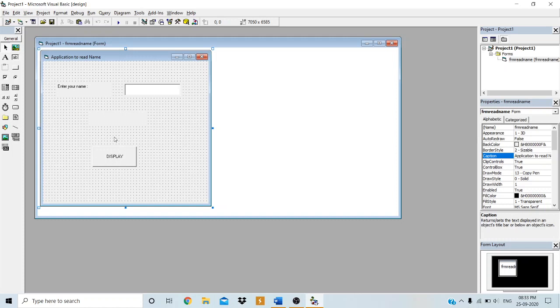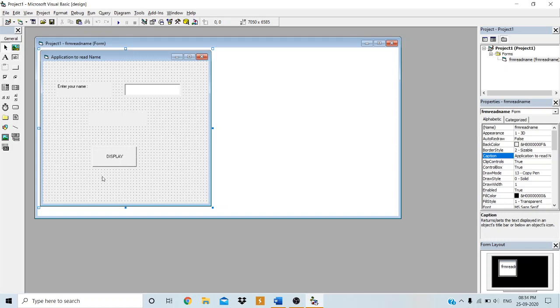Now the next step is to write the code. As VB is an event driven programming language, we have to display whatever name we enter in this text box on the second label when this command button is clicked.